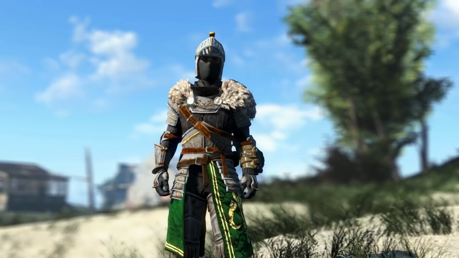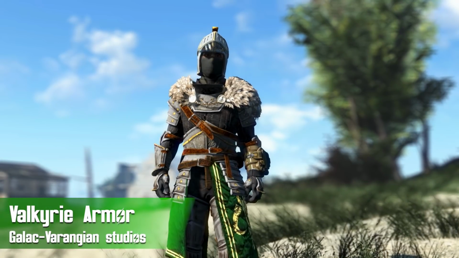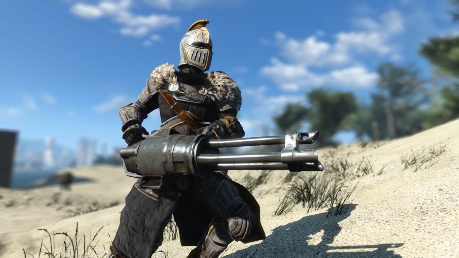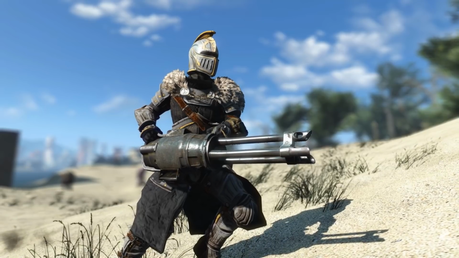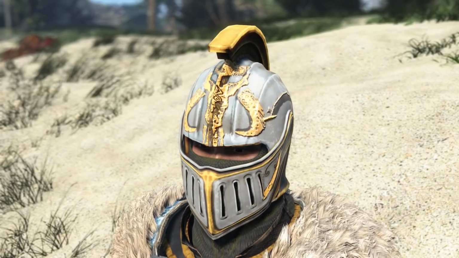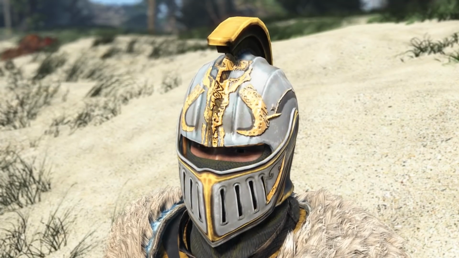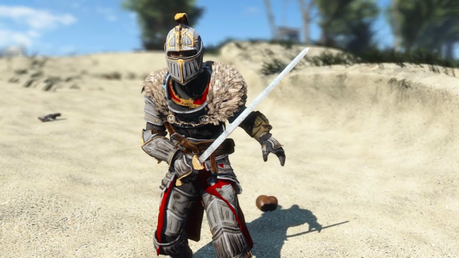And the first mod we're checking out this week is Valkyrie Armor by Galac-Varangian Studios. Now this armor is actually going to be a sneak peek of an upcoming armor set that will be part of the expansion for the Galactic Mercs and Music mod. So the armor itself is actually going to be a medieval set of knight's armor, which is pretty interesting because